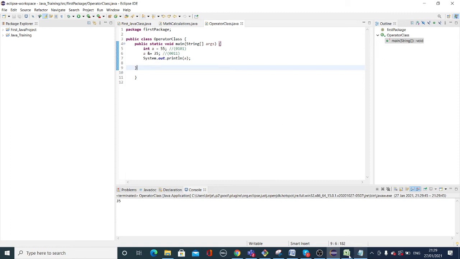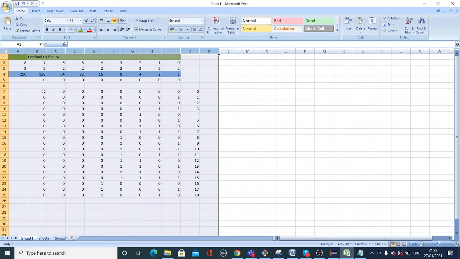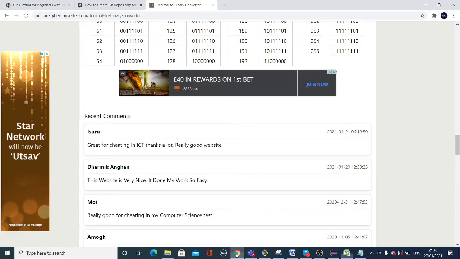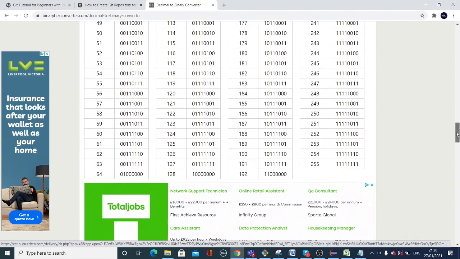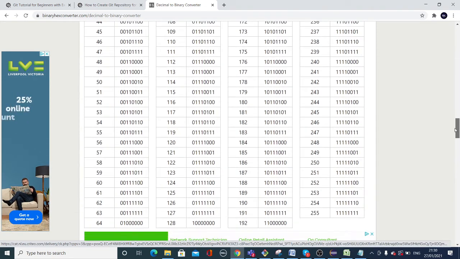Definitely, when you do bigger numbers in here, there might be a few values matching. So let's go to the table. 55. Is that? Yes.